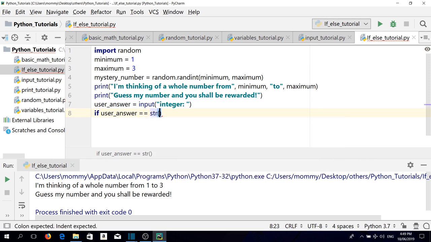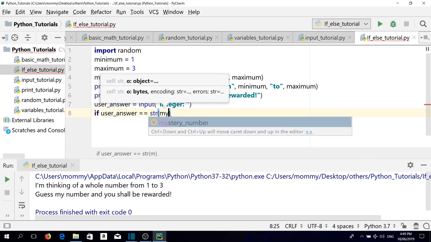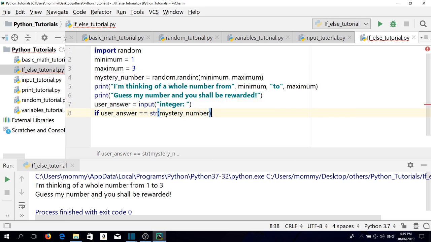str parentheses mystery number at the end colon. We discussed the input last time, and this part checks whether the user answer is the same as the mystery number. The str converts the mystery number to a form similar to that of user answer. More explanation of str in the future. So let's enter, then let's print